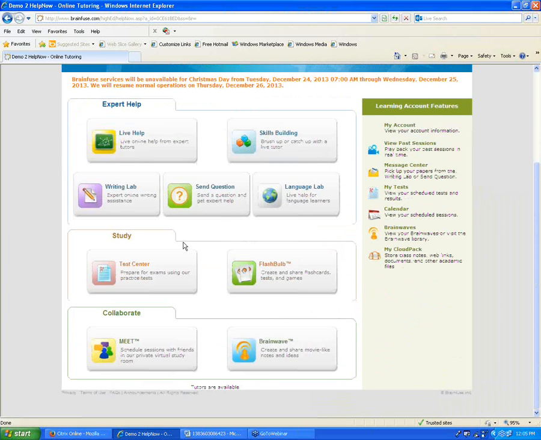If we go back to the main page here, next to the Brainwave button that we just looked at, we have what we call Meet. So I actually mentioned Meet before when we connected for the live session. The Meet tool here basically allows you to schedule an online meeting with whoever you'd like to invite to